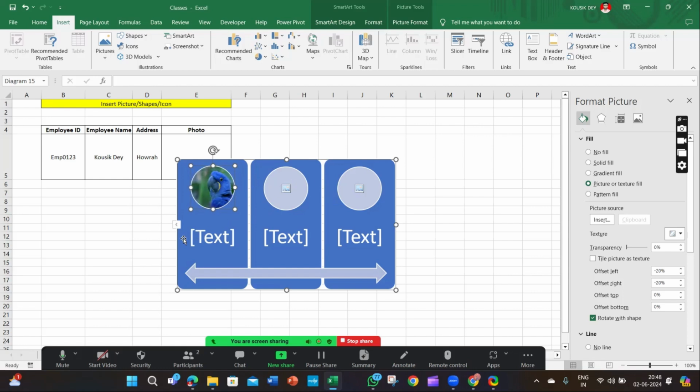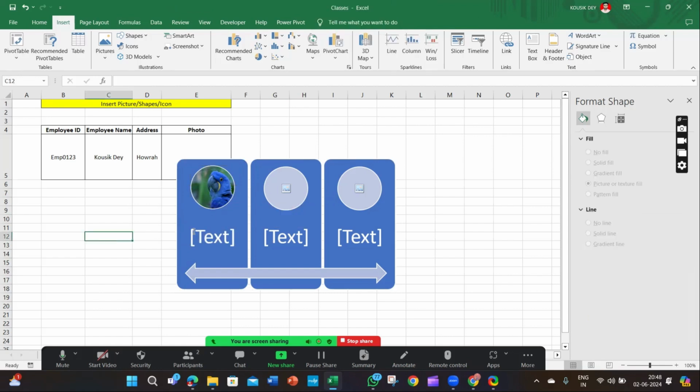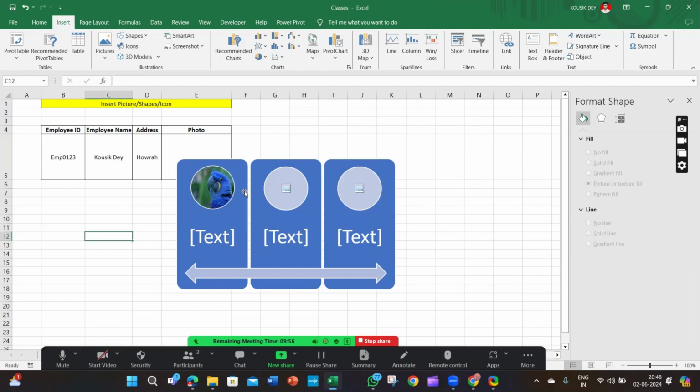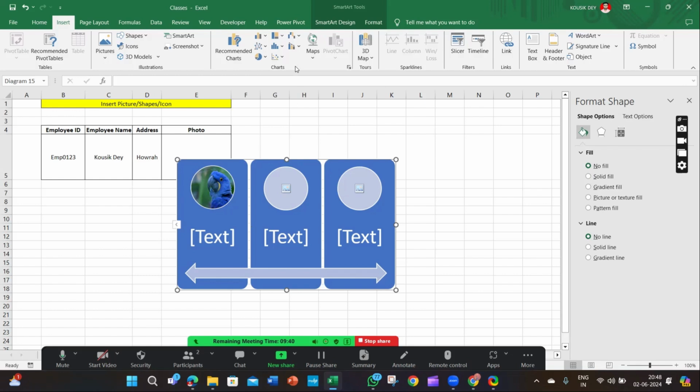Here is another thing: you can add any text. If you want to add more boxes, since three boxes are available here, what you need to do is this. After clicking on the SmartArt, two dedicated tabs have been created by default. One is SmartArt Design.